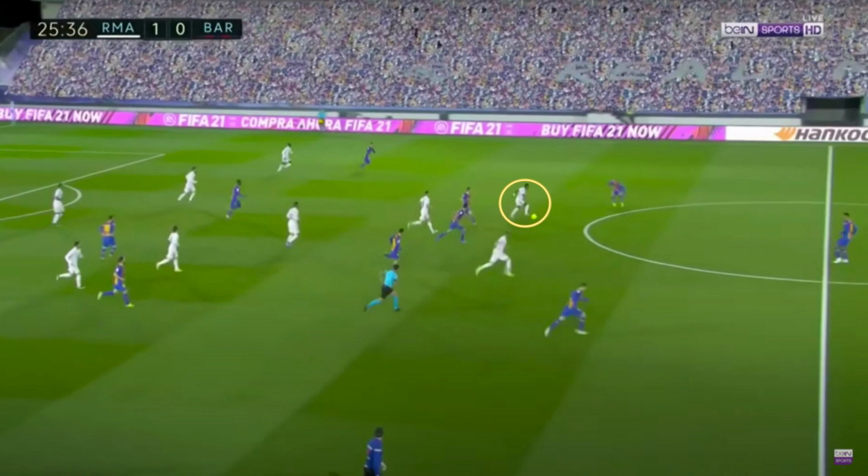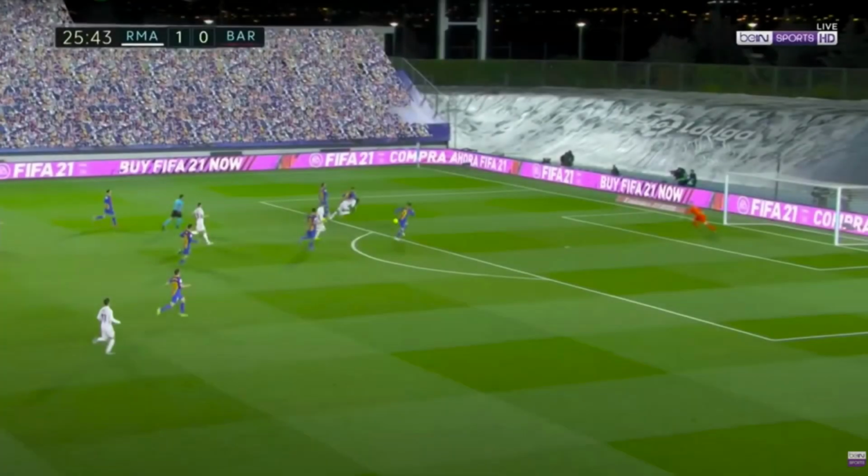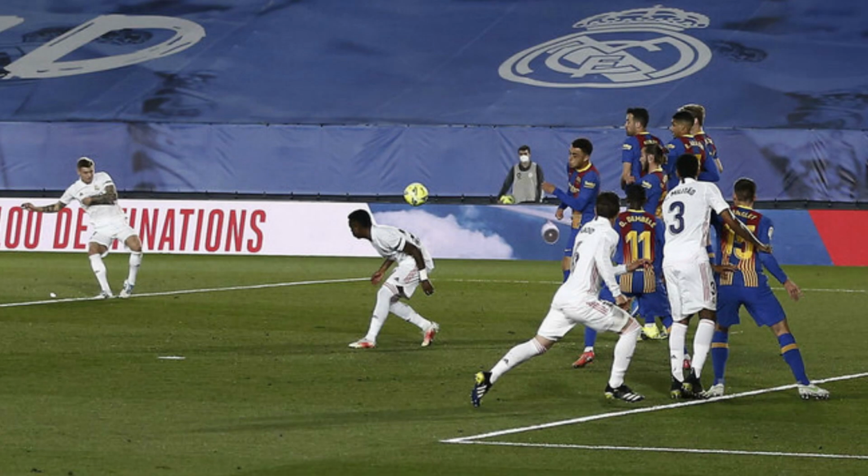Here we can see that Vinicius is able to dribble past the Barcelona midfield line, knock the ball around Mingueza and dribble the ball to the edge of the Barcelona box before knocking the ball into the box, but being taken down just outside, which gave Toni Kroos a free kick, from which his shot was deflected past ter Stegen